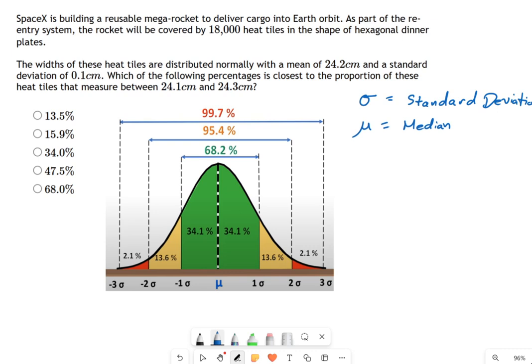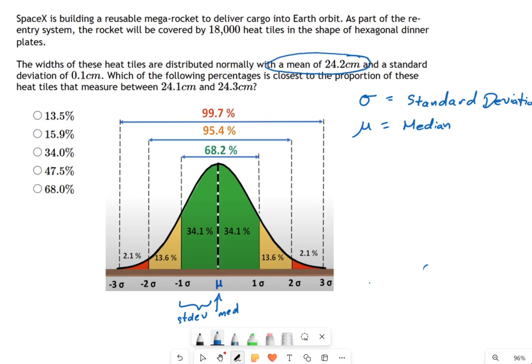If you look at this chart, what it says is there's the median right there. Pen just died. Here we go. This distance right here is the standard deviation. So in this problem, it says,